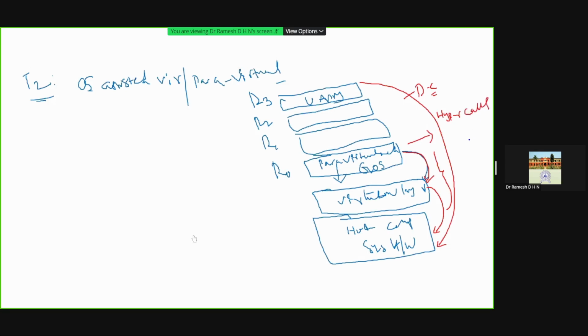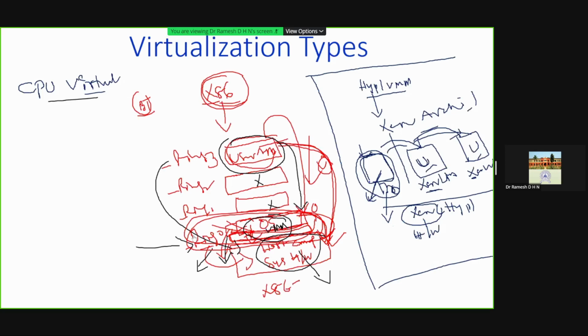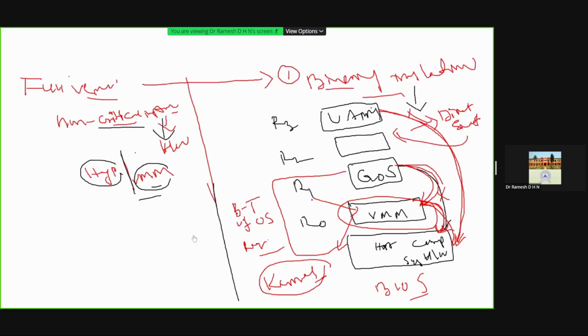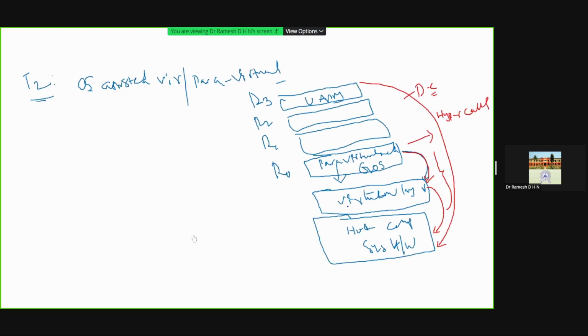Hypercalls to the virtualization layer replace non-virtualizable OS instructions. Please mind this point. Why? Because we have installed the virtualization layer under the part of ring 0. We have not made the provision for the virtualization as a separate ring. So the virtualization is combined with the GOS. Now what happens here? Hypercalls to the virtualization layer replace